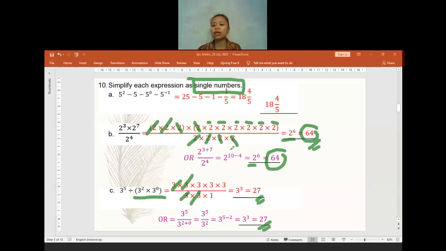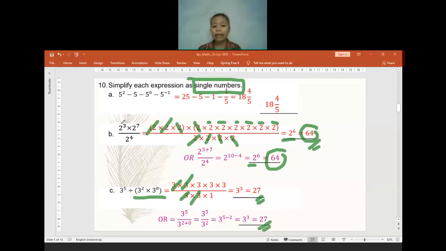Which one is confusing for you, please let me know. Do not only say, teacher, I'm confused. Is it from the 10A, 10B, 10C, or all of the number 10? Please make it more clear so I can repeat it properly.